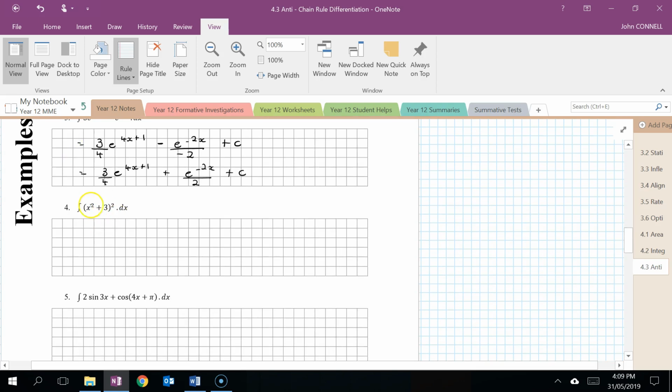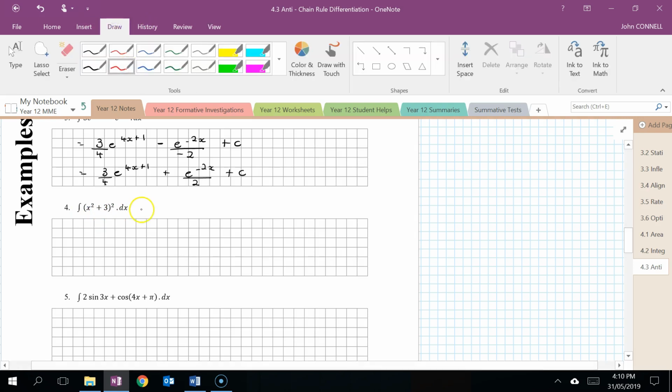Well, we've got a quadratic argument, and I said we couldn't do that. So what do we have to do? We have to expand. So let's just make a real key point about this. Cannot use rules on this one. So expand. And you may be a little bit sad about the fact that we have to expand. Well, I have to do it, but I'm a bit sad about the fact that I have to expand because